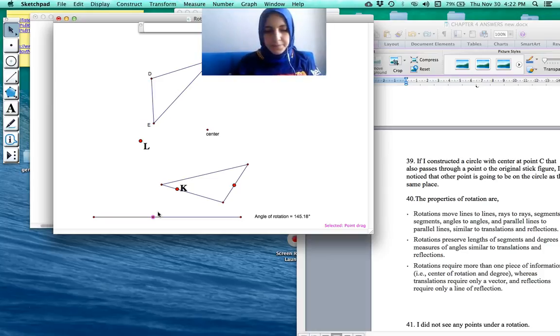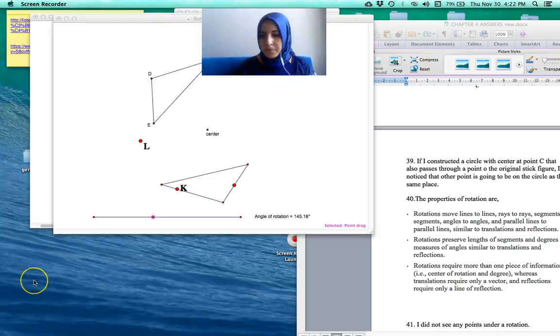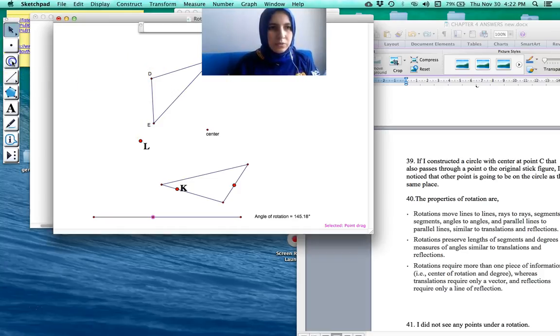Question 55. Create a circle that has as its center the center of rotation and has as its radius point a vertex of the pre-image triangle. What other points must the circle pass through? Why? Yes. Go to the circle and then